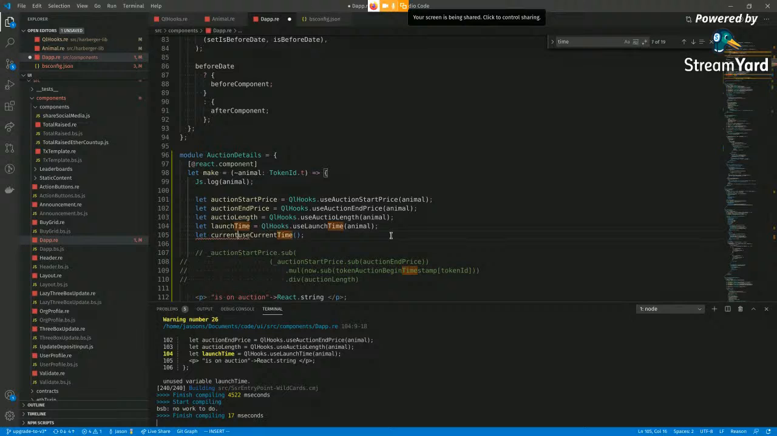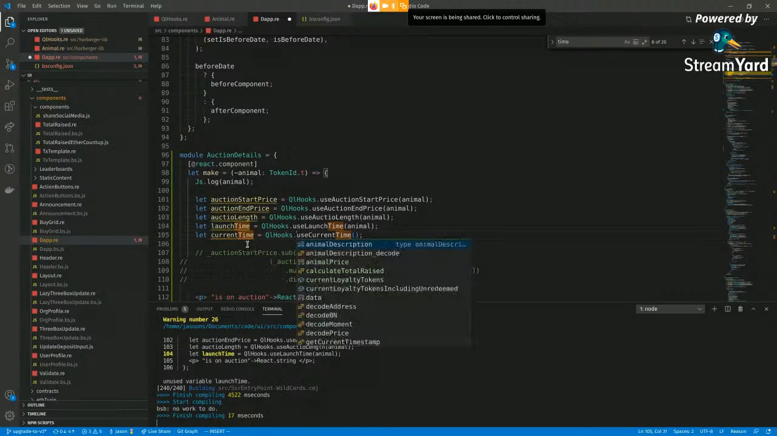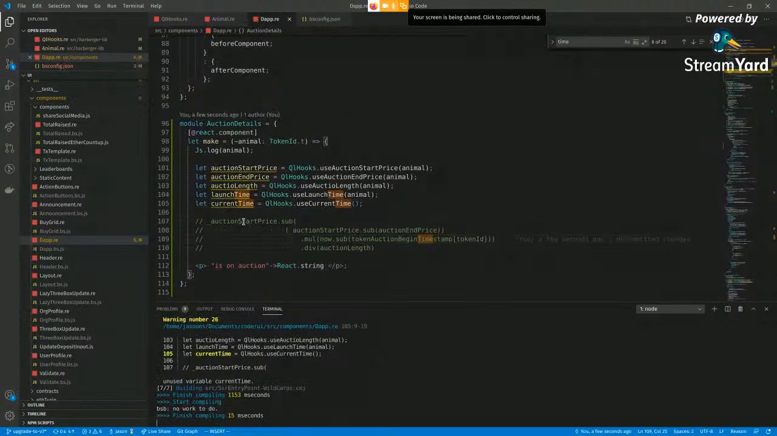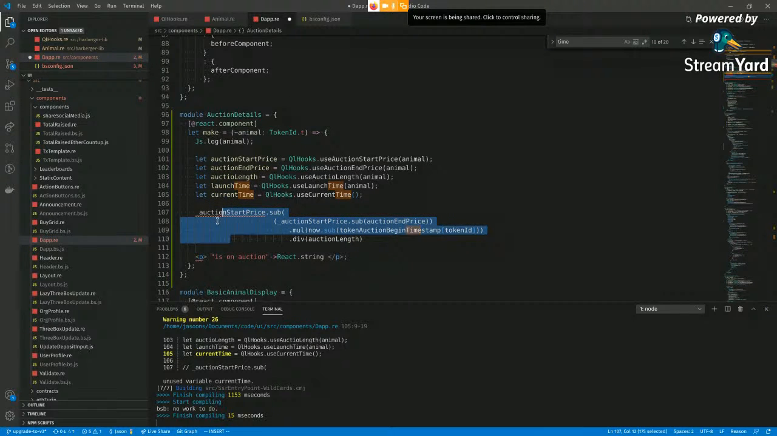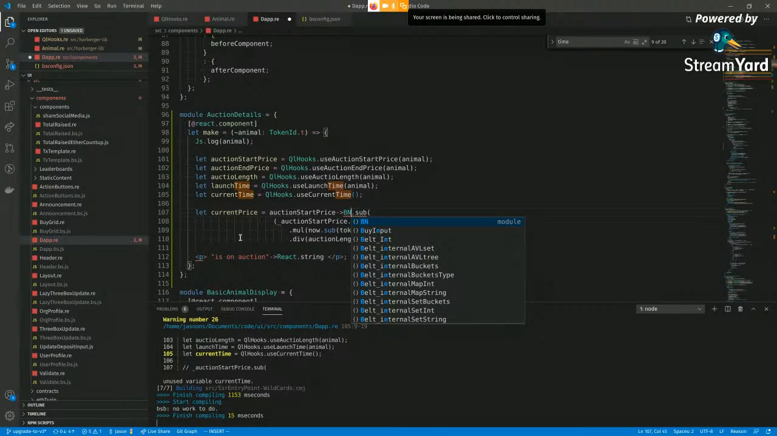Let current time equal QL hooks dot use current time. And now we can do the maths. I guess we are there. So we have the auction start price, let current price equal auction start price, and this is the syntax, BN for big number,